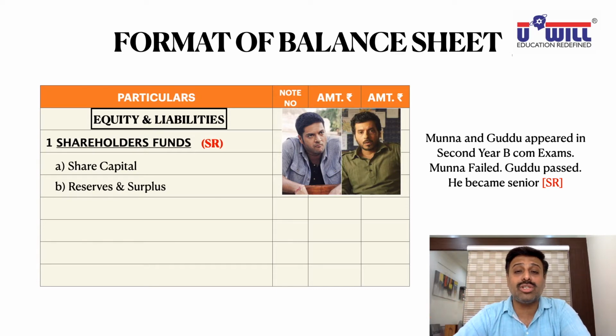Disclosures will also come. Disclosures means extra information. So in share capital, what disclosures do we write? If you have issued any shares for consideration other than cash, you'll write that extra information in bracket. If you have issued any bonus shares, you'll write that information in bracket. Extra information given to the shareholders. They are called disclosures. Okay.